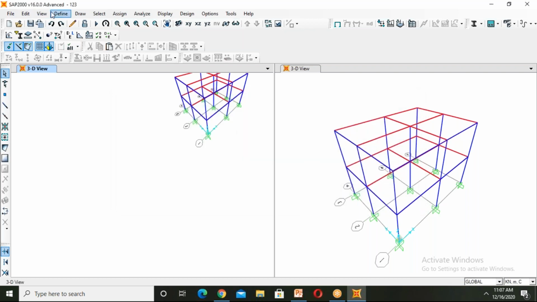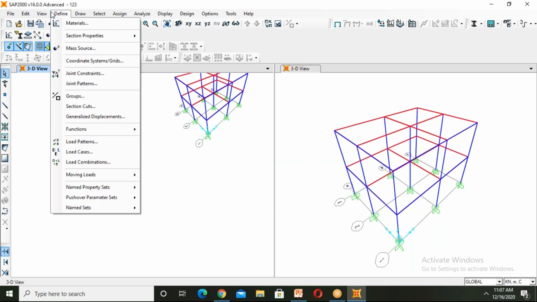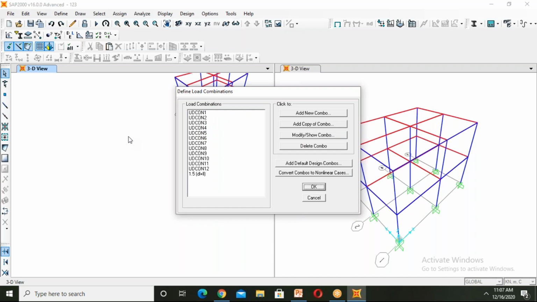After defining the load patterns, we should define the load combinations. Normally, a structure is designed for a load combination of 1.5 dead load plus live load. And if we give earthquake load or lateral loads, there are 24 combinations for earthquake load.